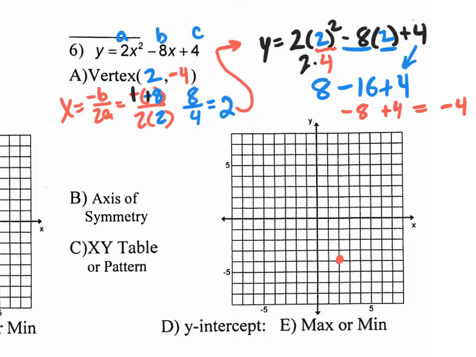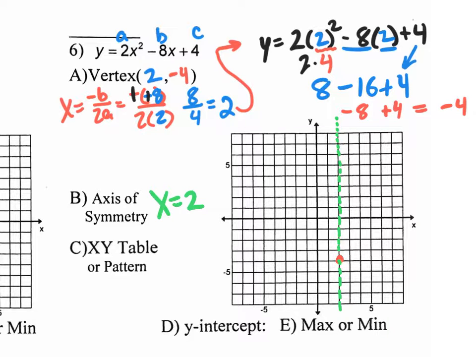There we go. Next thing to do is to draw your axis of symmetry right through that vertex. And the axis of symmetry equation will be x equals the x value of your vertex, which is 2. Now, of course, we need more